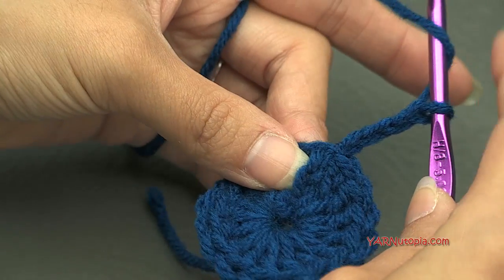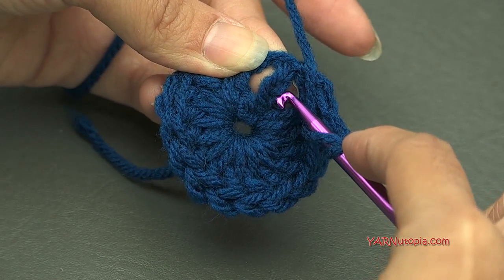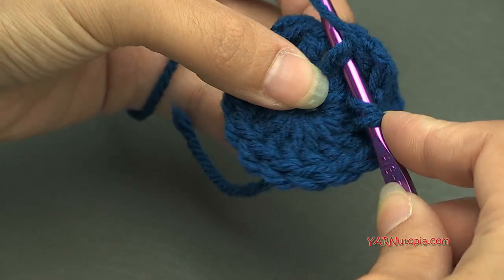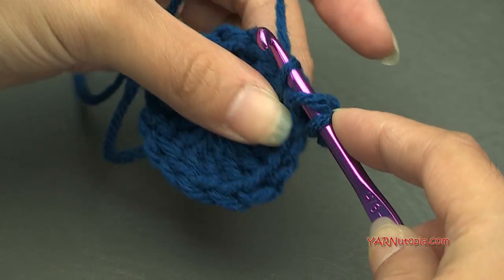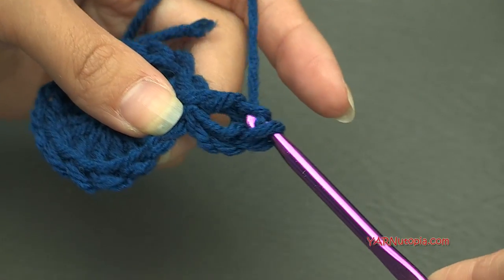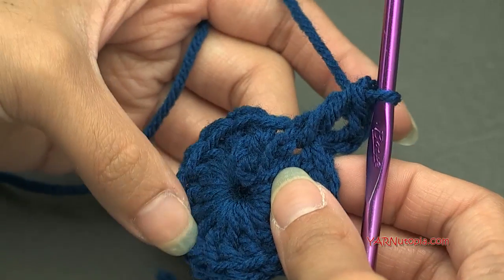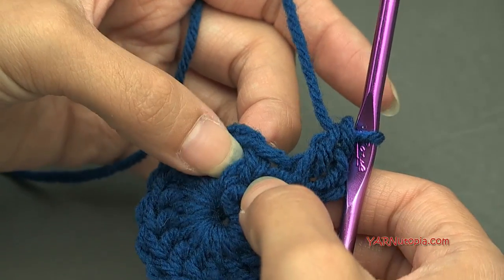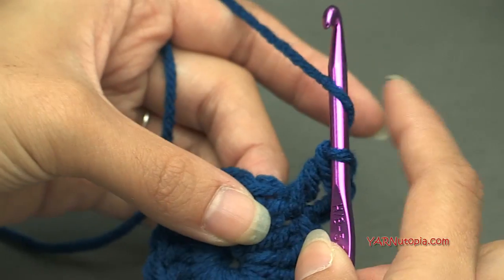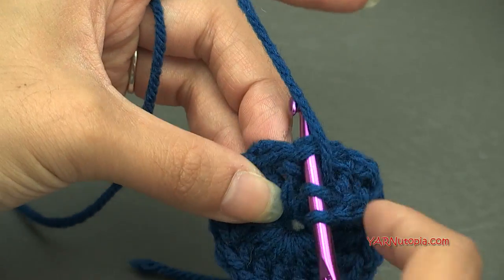So a front post double crochet is yarn over, go from this side of the post, okay, around it, just like that. Then we're going to yarn over and pull through, then yarn over and pull through 2 loops, and then yarn over and pull through 2 loops. Okay, that's a front post double crochet. So now in each stitch around, we are going to put a double crochet and a front post double crochet for 32 stitches. So yarn over, go into the stitch, this next stitch right here, go into it, yarn over,